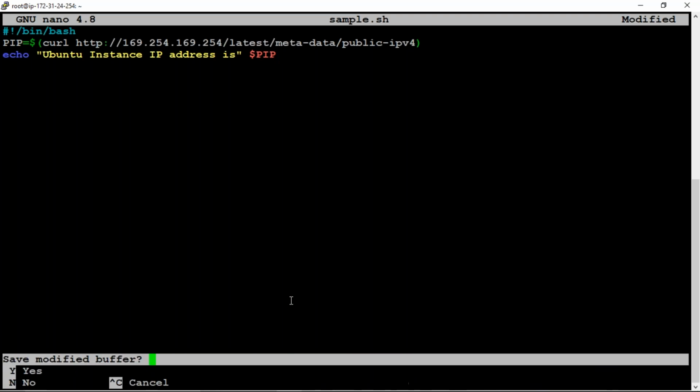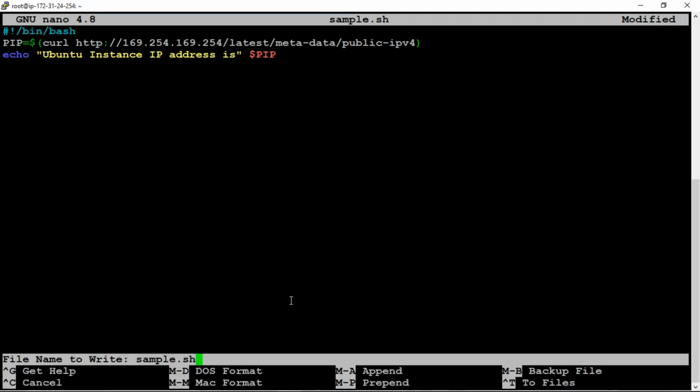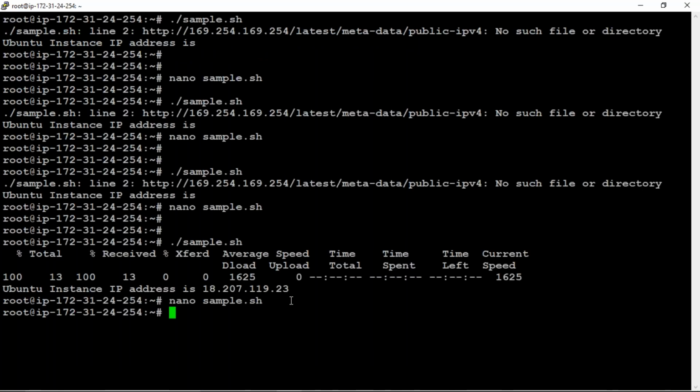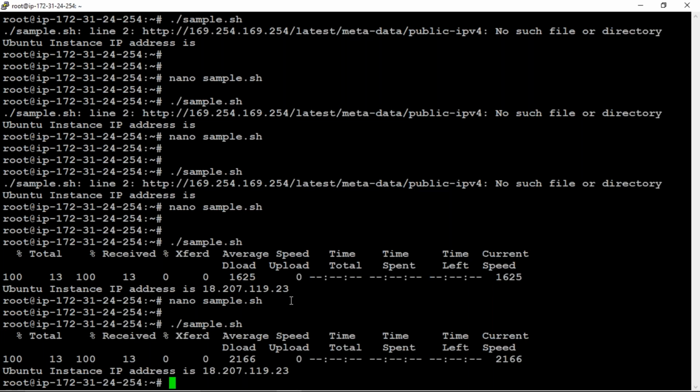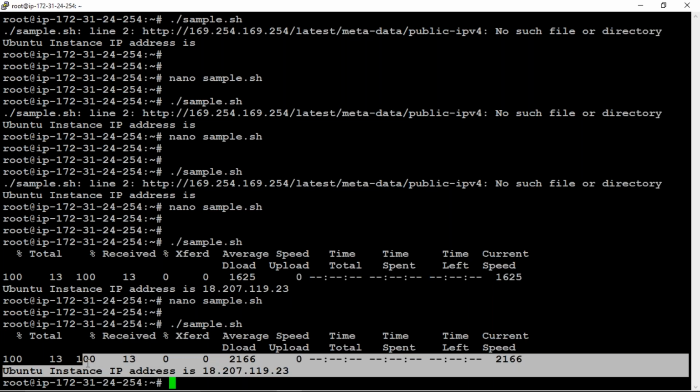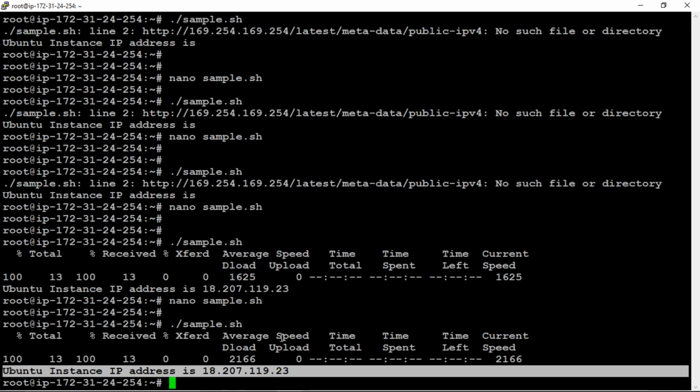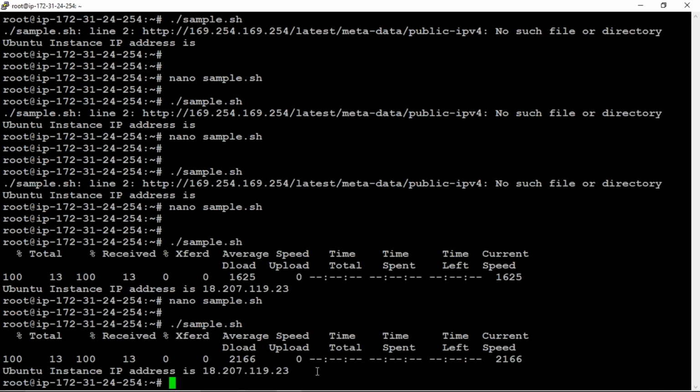Press Ctrl X, press Y, and hit enter. Now try to execute again. $./sample.sh. It's working. So Ubuntu instance IP address is that one. So are you able to follow? Clear up to now?